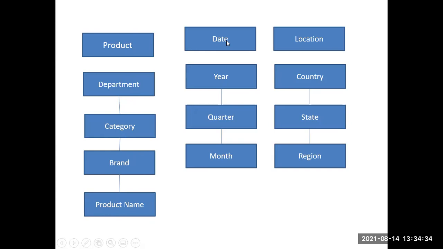And coming to the date here, which date was it? We just say January, normally. Okay, that month is over. No, which year and which quarter it was, normally here. So for the date, we have the hierarchy as year, which year it was, what is the quarter, which quarter was there, out of 4 or out of 3, and month also here. And the location we state always from country to state, state to region or sub-region, which goes on increasing.